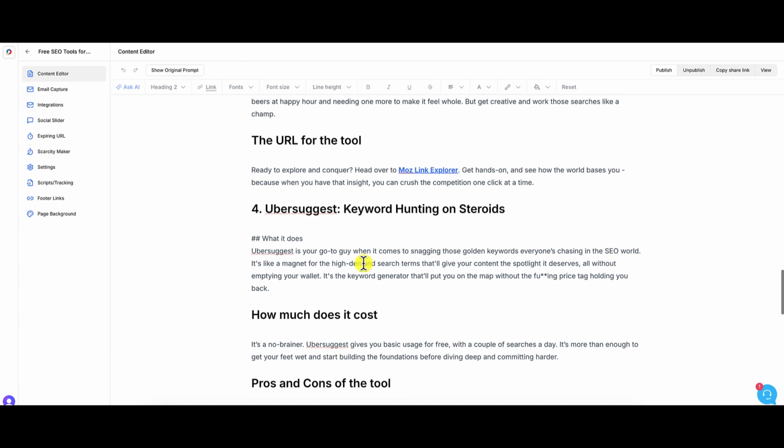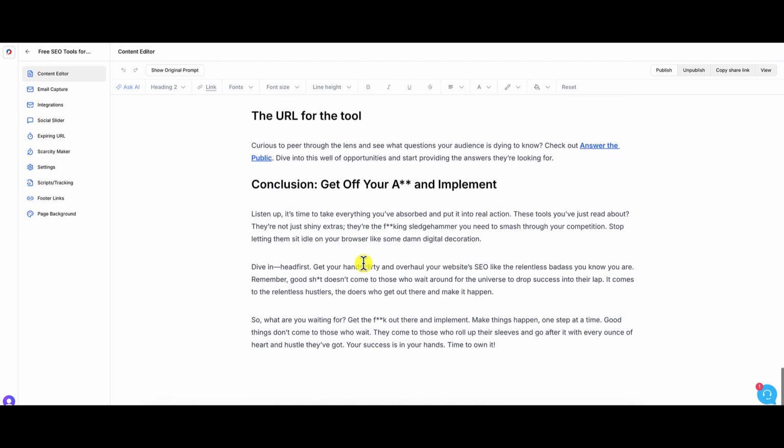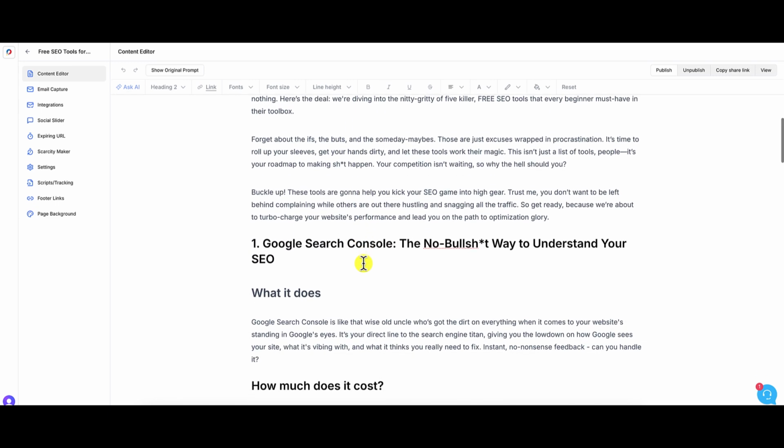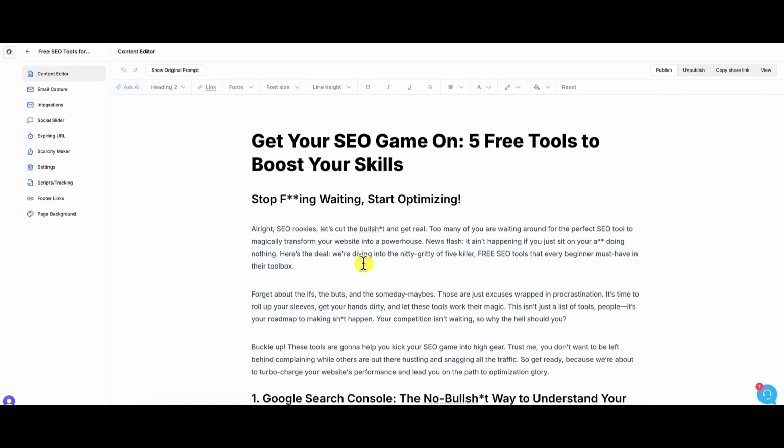I just want to show you some of the things that you can do with this, okay? And just show you some of the editing features that you can do to make this even more exciting, okay? So for example, what can we do to add more pop to this? Well, we can add a video, we can add a picture, right? To break up the text and make it look nicer. We can add colors, all of that stuff. So for example, let's say I wanted to make this a different color, or maybe even highlight this. I can